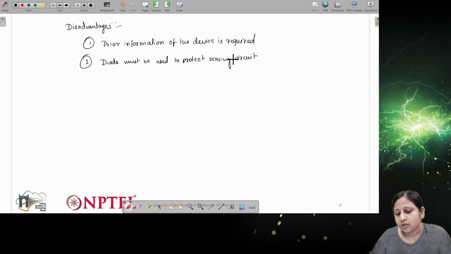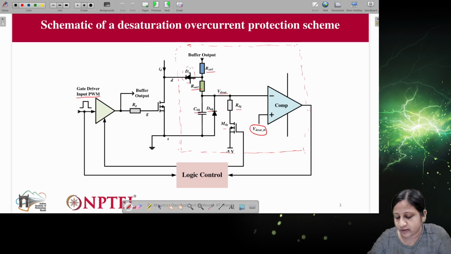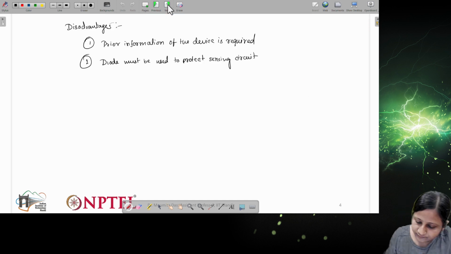Okay, so that is why this diode is very important. If there is any condition where an overcurrent or anything which may destroy the sensing circuit happens, that can be protected by using this diode. So that is why this diode connection is very important.